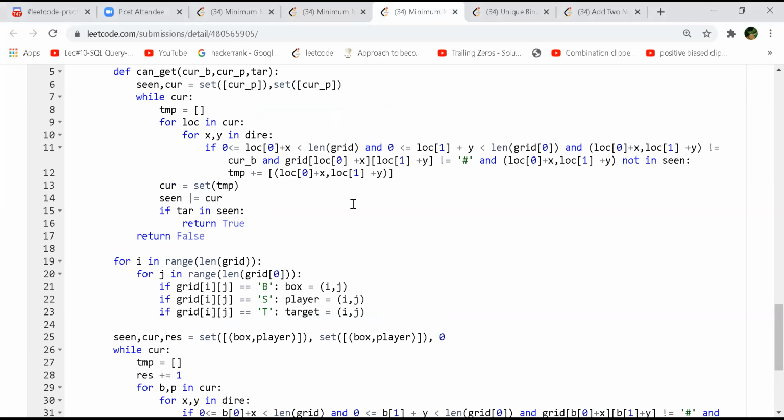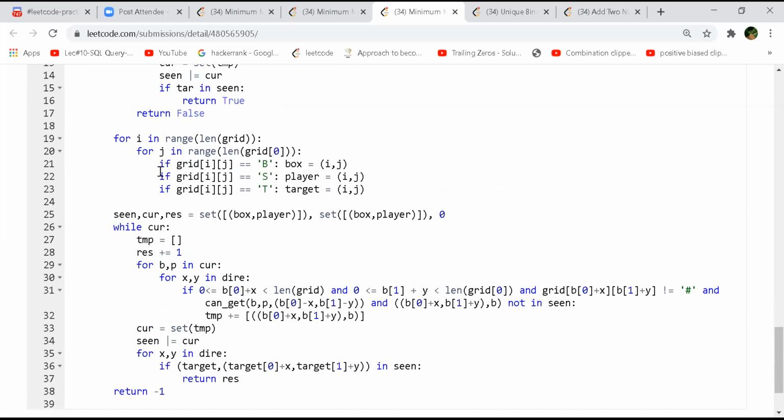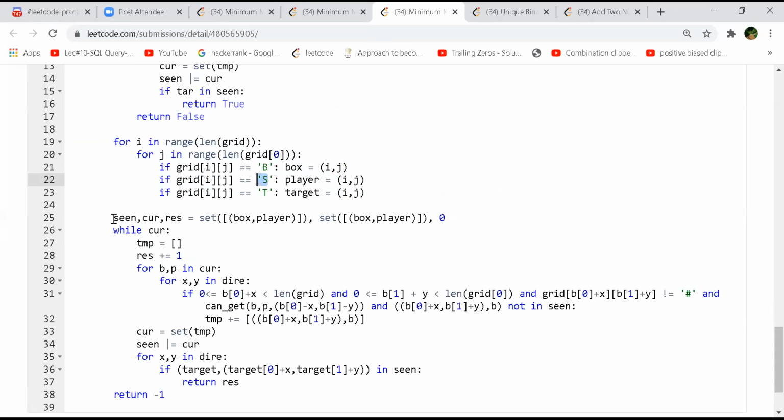This is what I was telling about regarding the bidirectional BFS. So all the four directions here we are maintaining, and okay, let's start from here. So this is traversing through the same thing. In this part, we are going through the matrix and first storing the coordinate of the box. S is your source, the person, the player, right? What is his coordinate and what are the target coordinates? Now once I got these, then we are running the bidirectional, I mean, two sets we are using, right? One from source to the destination, other from whatever the current position you have, right?